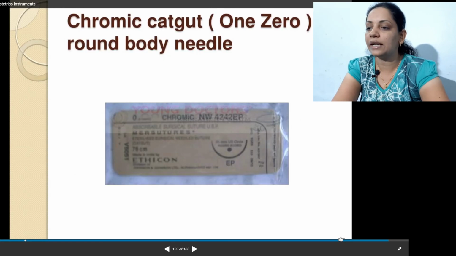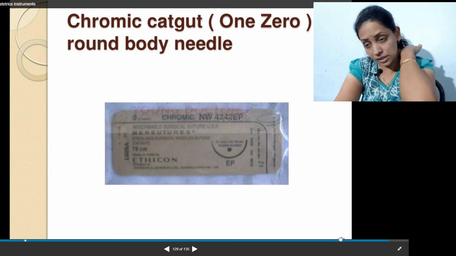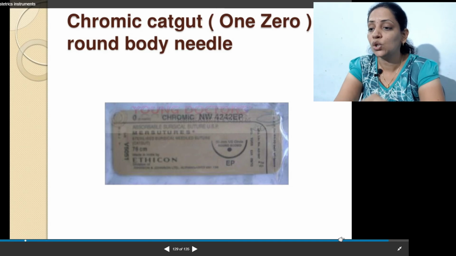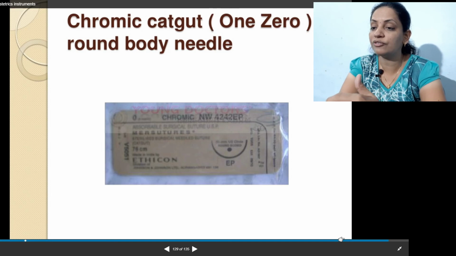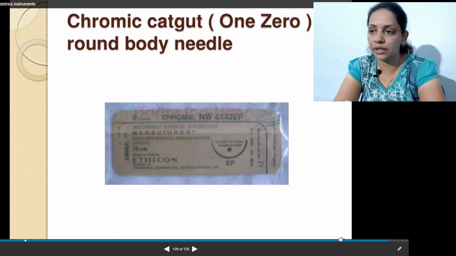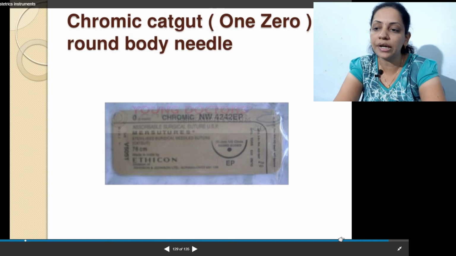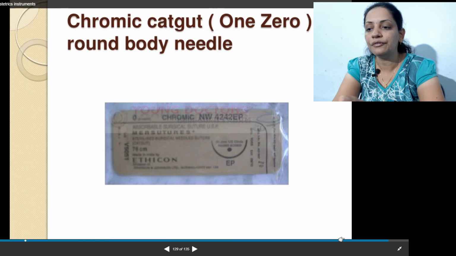Now these are the catguts or sutures. We have discussed many procedures from cesarean to other surgeries. Nowadays we use special sutures for stitching various types of layers, and the common suture is catgut. This catgut has a needle attached and a special type of thread which dissolves or which remains.